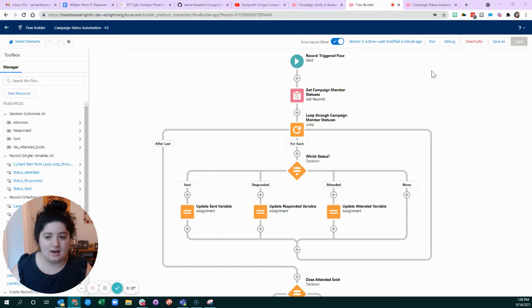So let me start by saying your flow is awesome. It works. It gets the job done. It's easy to understand, easy for your client to be able to maintain it. I don't think you need to make any changes to it, but if you want to make it more scalable,